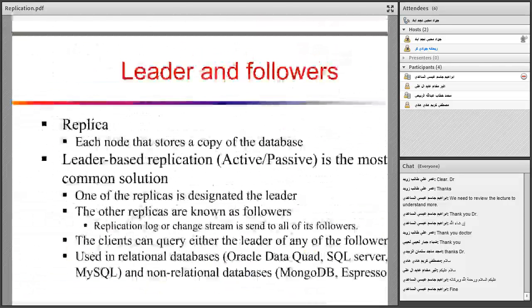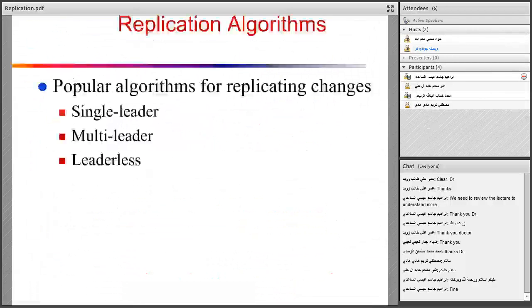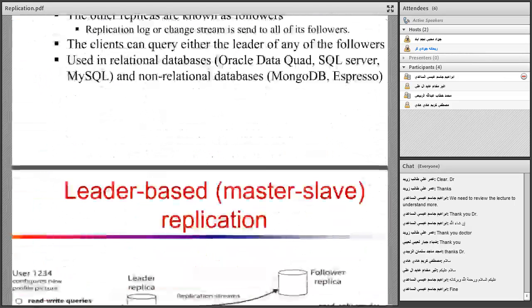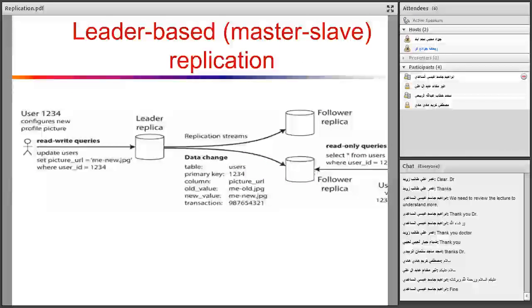In the previous session, I told you that one algorithm, one method for replication is single leader. Yes, single leader is one of the popular algorithms for replication, for managing the replication change. In this technique, there is one leader and some followers. The leader receives all write requests from the users, from clients, and the leader is responsible